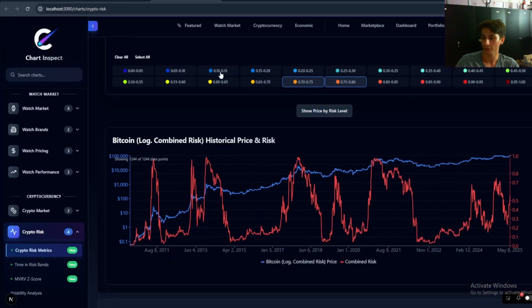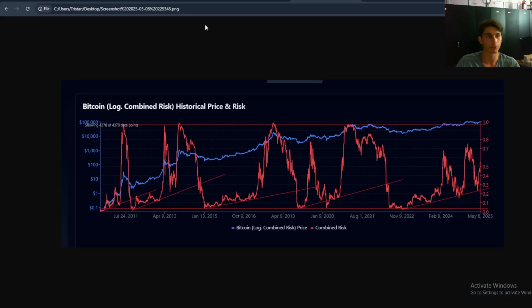Another thing that I found interesting was if you overlay the historical Bitcoin risk levels. This is a little bit weird to do, but essentially if you overlay the risk level and draw these trend lines, you can see that whenever we broke below these trend lines, that's when Bitcoin experienced these bear market lows. You can see that this happened in 2019, 2013, 2011. Same thing happened in 2021.